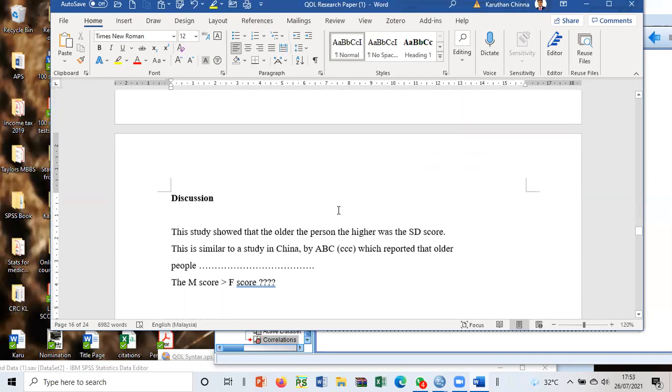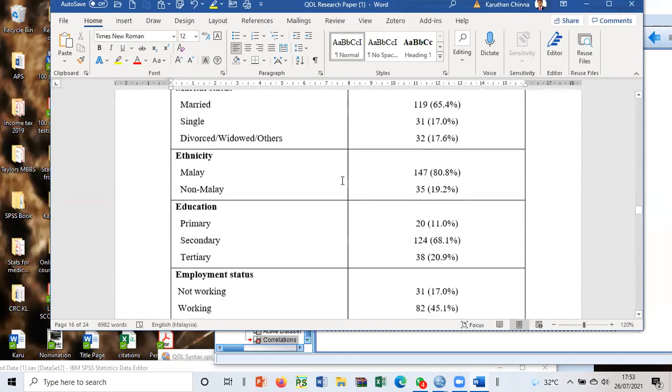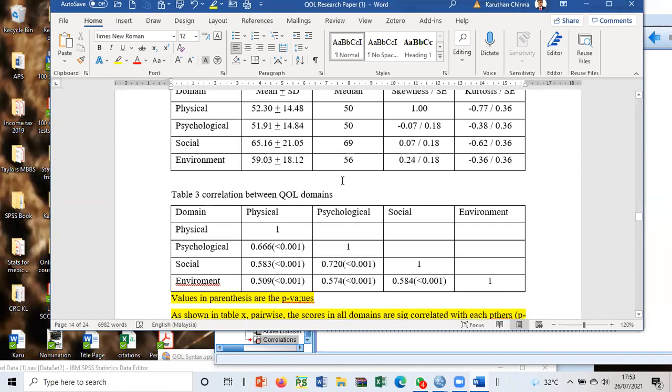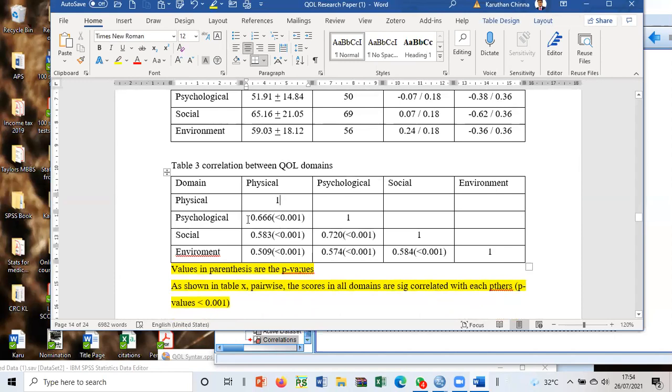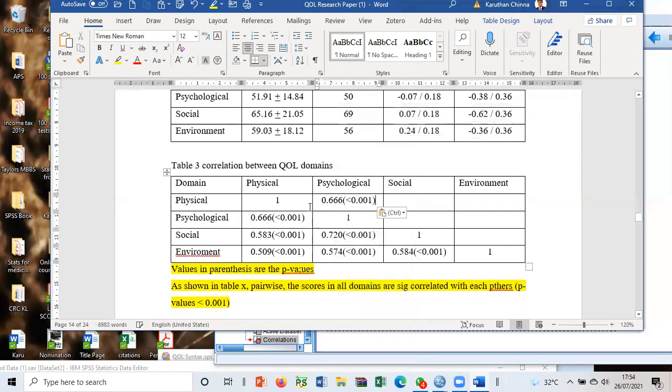Questions? Prof, can you go up for a while? Sure. Yes, Table 3. So above the one, we don't have to fill up, is it? This one, no. When I fill up, it will be here, right? So this is psychological and physical. This also psychological and physical, right? So why must I repeat? Otherwise, the table looks very heavy, isn't it? Okay.